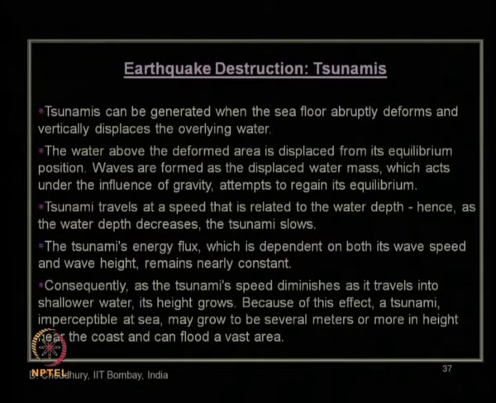Then another indirect result of earthquake destruction can be called a tsunami. As we have discussed a little earlier, let us finally go through the detailed version of what types of destruction can occur due to a tsunami. Tsunamis can be generated when the sea floor abruptly deforms and there is a vertical displacement of the